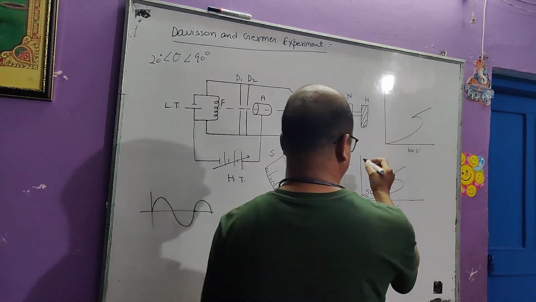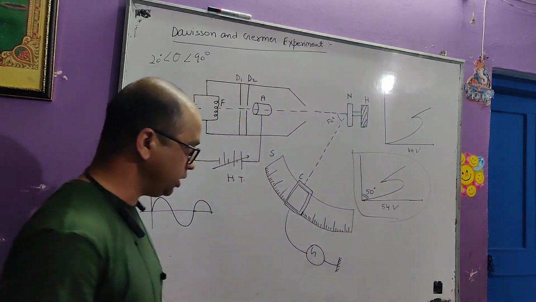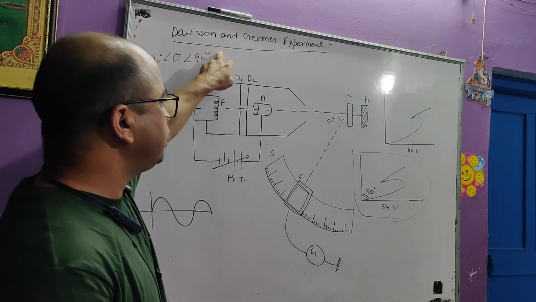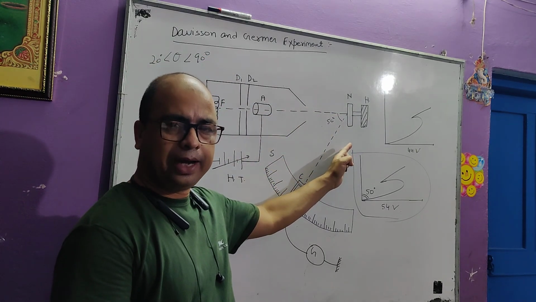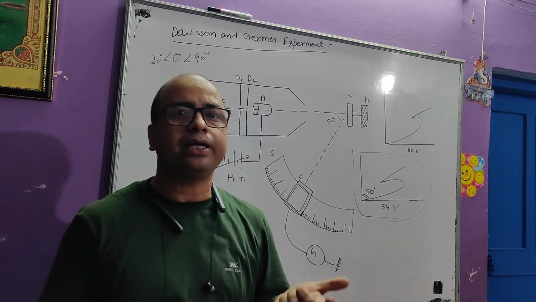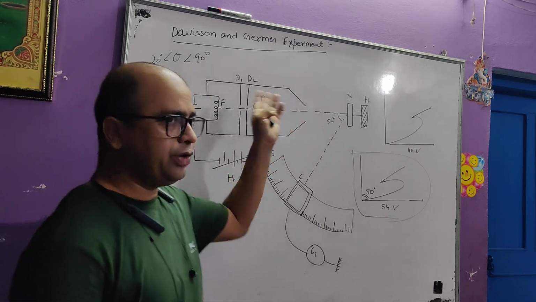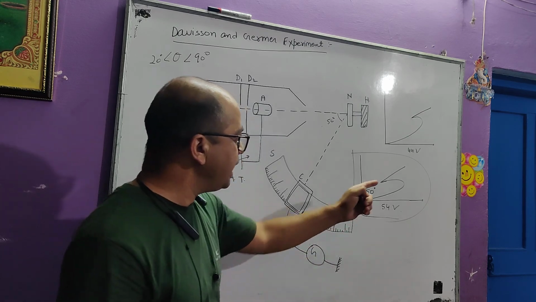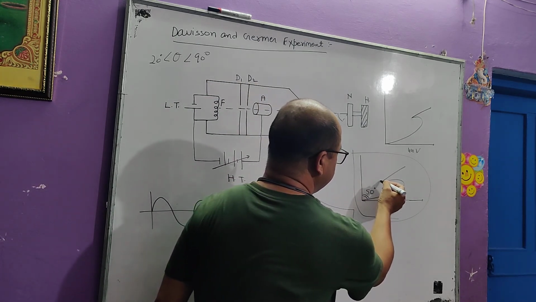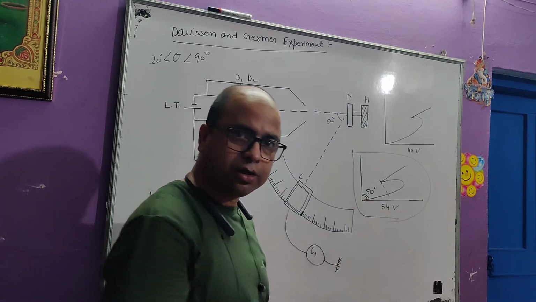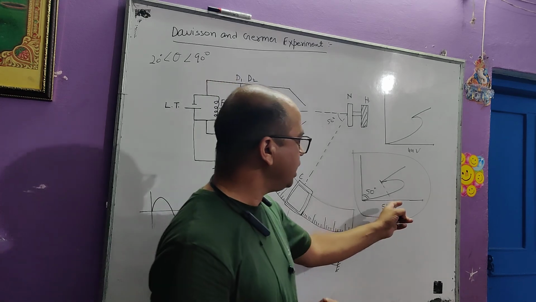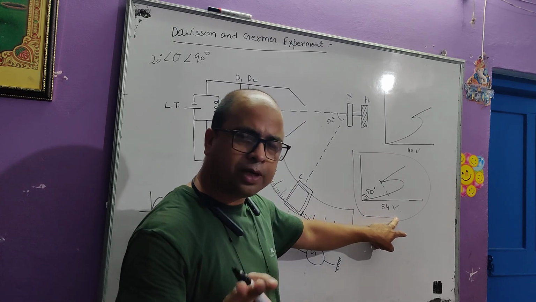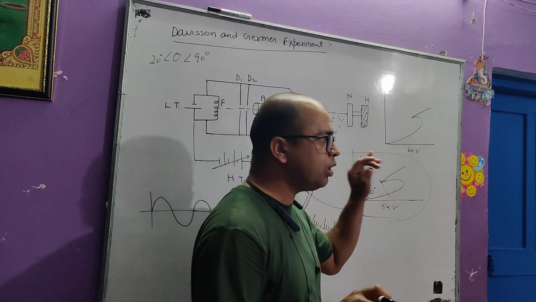At this particular potential, Davison and Germer found the wavelength of the electron by considering it as a particle and by considering it as a wave. When the bump was most prominent, the bump has an appearance like this. If we see it, it is more or less like wave-like behavior. That's why they considered only the bump that was most prominent, at 54 volt.